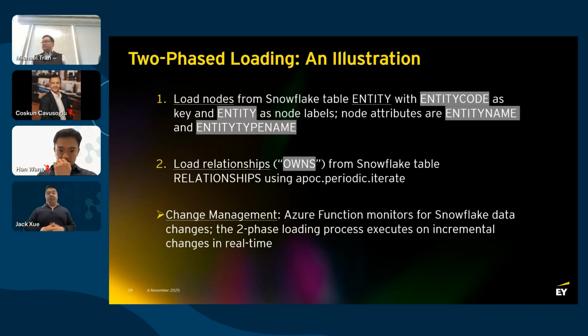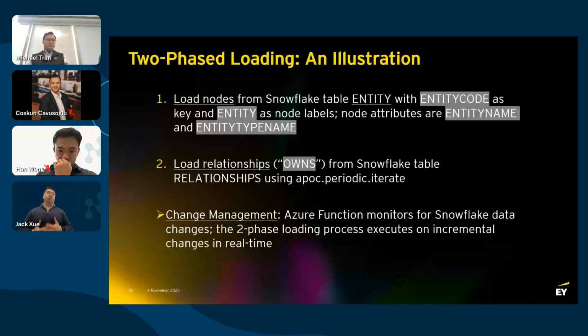So as my teammates mentioned, the entire point of this solution is we would like to take complex data from traditional data warehouses and move them into a Neo4j graph database, right? And when we built and deployed the solution in the client's environment, we had to follow very strict rules. There's regulations. So essentially, we couldn't just transport that directly here. However, we did provide a simplified illustration on how we went about building that solution.